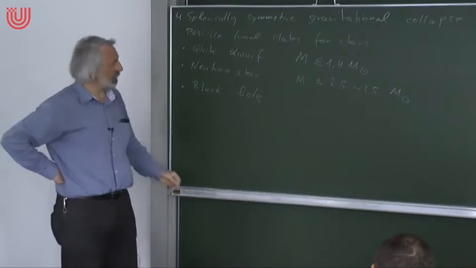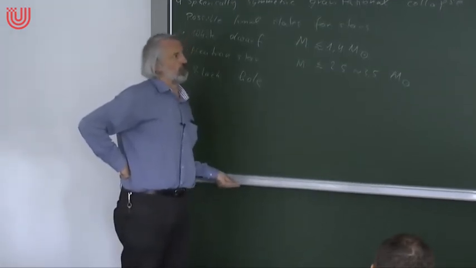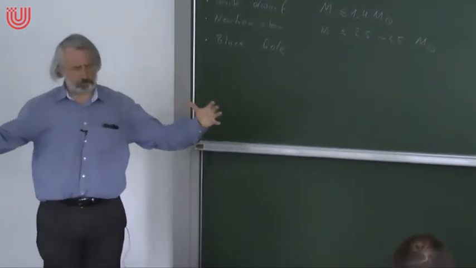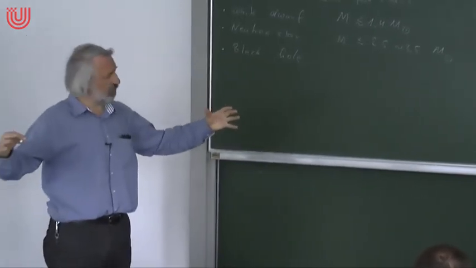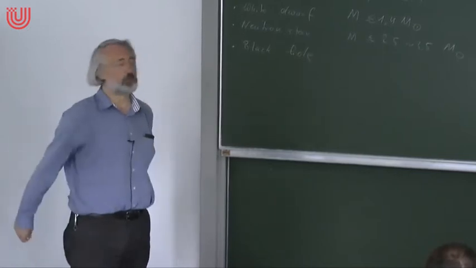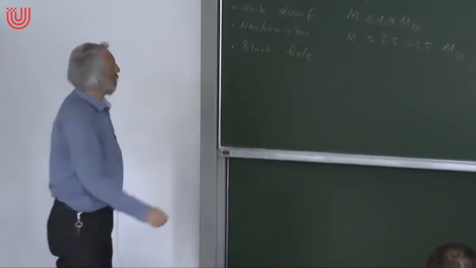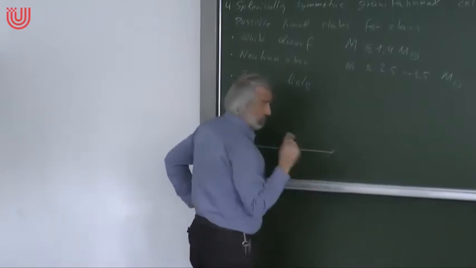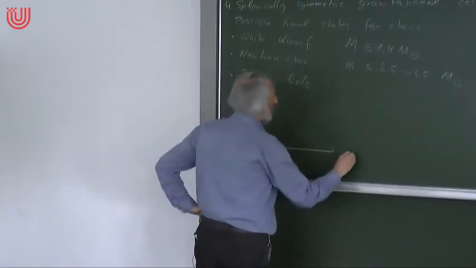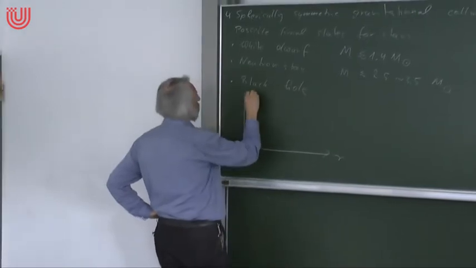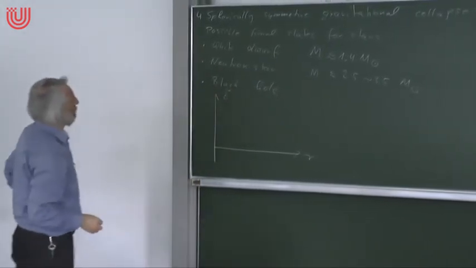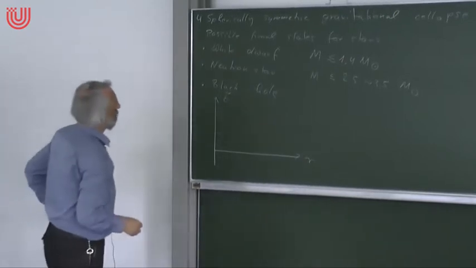And what we want to discuss now is how this process takes place, where the star starts with a finite radius bigger than the Schwarzschild radius, and then it collapses under the influence of its own gravity. What we can say quite generally is how this would look for a spherically symmetric star in an Eddington-Finkelstein diagram. I think I had called this coordinate t twiddle. This was the Eddington-Finkelstein time.